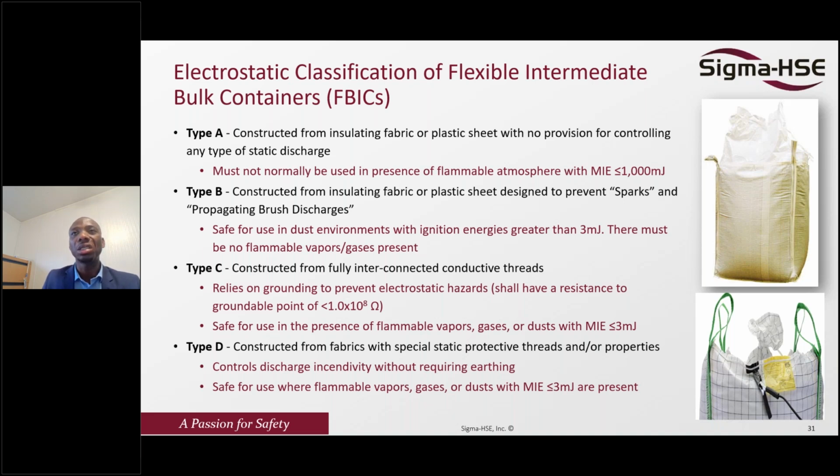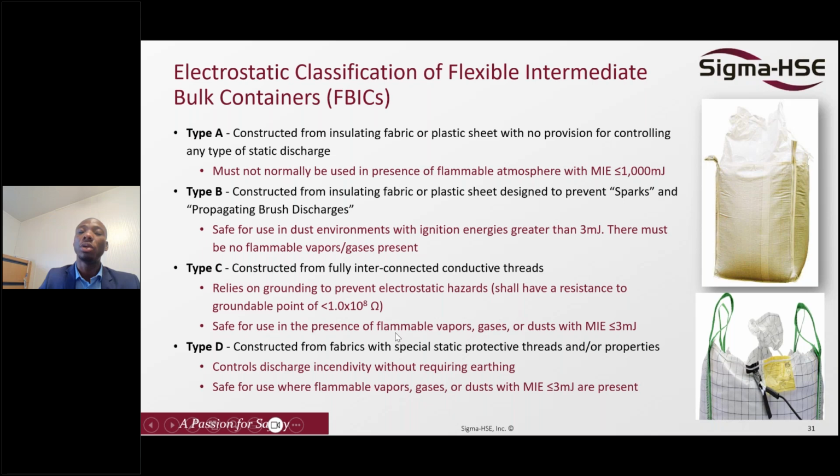Type B, somebody will say, is cheap and it's good. However, there's a real trick, and I think last week I visited a facility. They were using type C. I was happy. I clapped for them. But getting close to the equipment, I noticed that they missed the point. Type C is constructed from a fully interconnected conductive thread. As you can see in the picture from the bottom, you can see this black thing there. That's the conductive thread, and this actually needs to be bonded and grounded. So you could have type C, everything will be okay, but if you don't ground it, you are missing the point there.